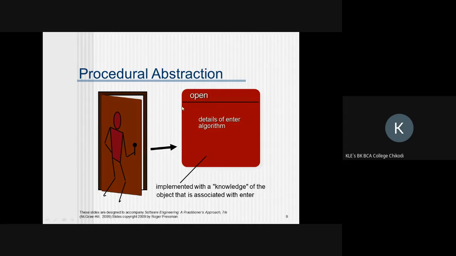Procedural abstraction: not all the functions are provided for all the users. If you are considering a banking application, there also all the functionalities of the software are not provided for the end users. Some functionalities are there with respect to the banking people, and some are there with respect to the end user. That is why, depending on the role played by the end users, they are offered the accesses.